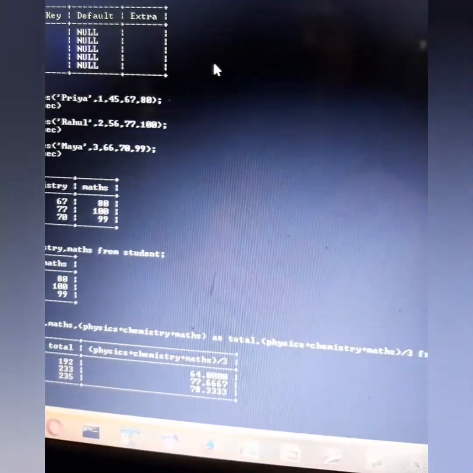You can see the command yourself as total, then comma physics plus chemistry plus maths divided by 3.